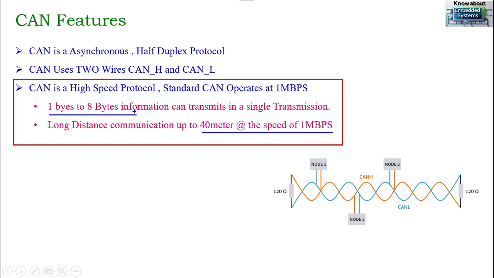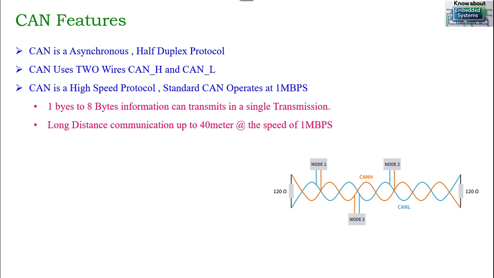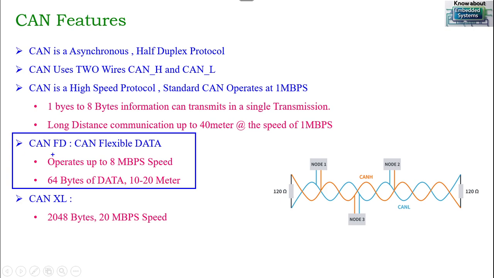There are different variants that we have already discussed in the previous video. So I'm talking about a standard CAN. It is able to transmit up to 8 bytes of data up to 40 meters distance at the speed of 1 Mbps. So we have an extended version of CAN that is called CAN FD. This CAN FD is also called CAN flexible data rate, and with the help of this CAN FD, we're able to achieve a speed of up to 8 Mbps,